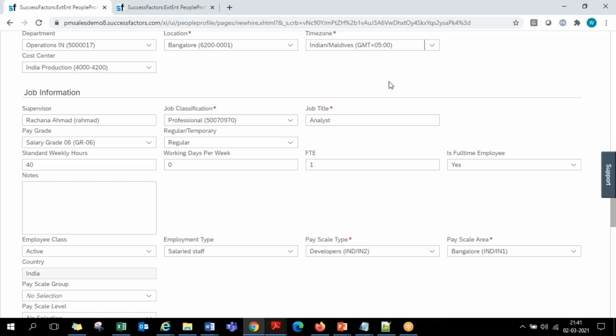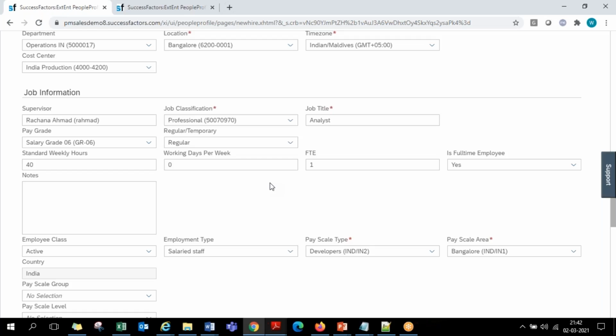And one more thing, here in the hiring level, say for example, job information is a portlet. In this, if I had any custom fields, those custom fields will also come. But if I want to add a custom portlet altogether, custom portlets can be created in SuccessFactors. Apart from the standard SuccessFactors delivered portlets, I can create some custom portlets to store some additional, customer specific information. Like in SAP HCM, we create custom infotypes, 9000 series we created. Similar way, custom portlets can be created here, but that cannot be maintained in the employee hiring level. So in this hiring process, you cannot bring the custom portlets. Standard portlets can only be seen during the employee hiring process.